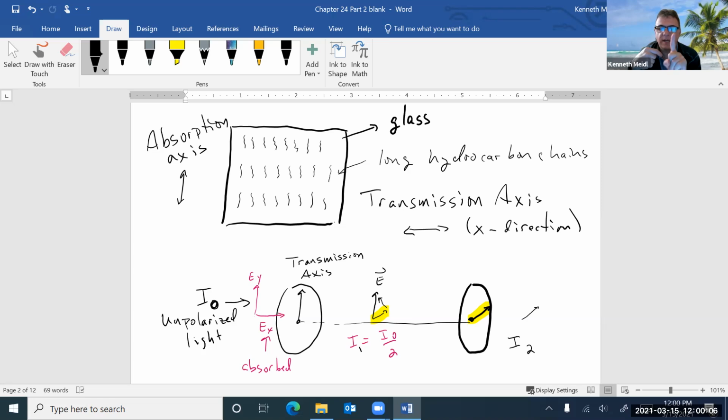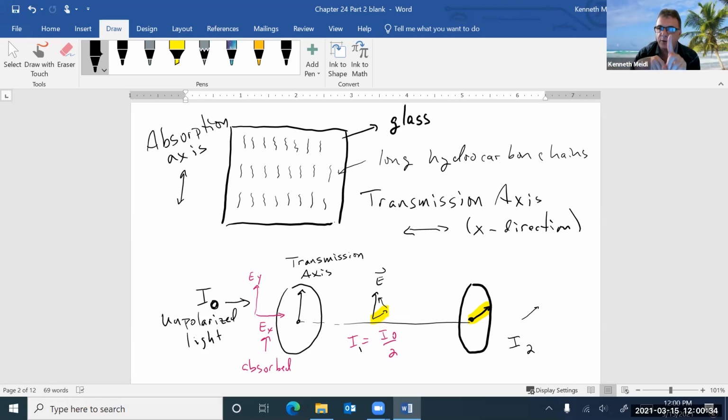Then you would think, well, this is going to allow only the y's to go through. And so when you hit the second polarizer, there is no x component to transmit through. So it all gets absorbed, and then there'll be no light. If the two polarizers are at 90 degrees, there is no light at all on the backside of the second polarizer. But now if you rotate that piece of glass so that the transmission axes line up,